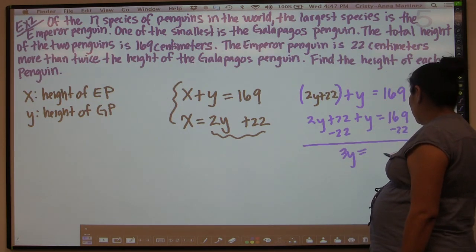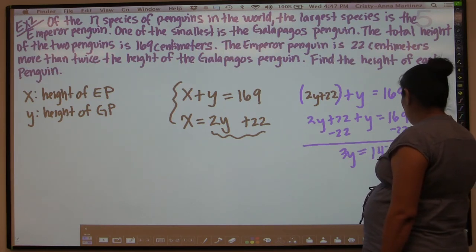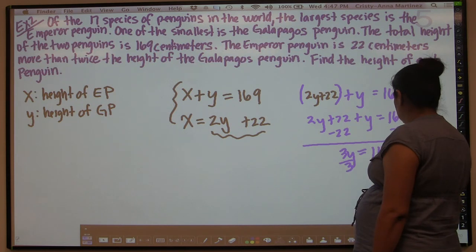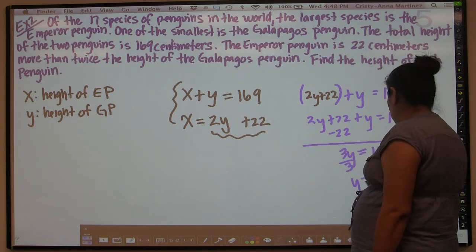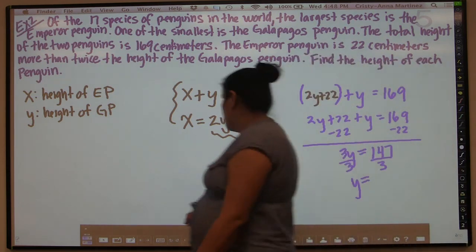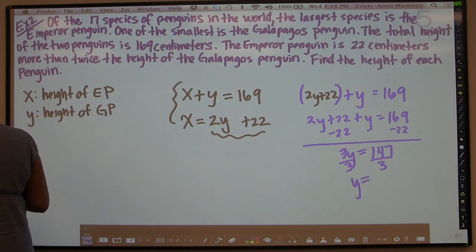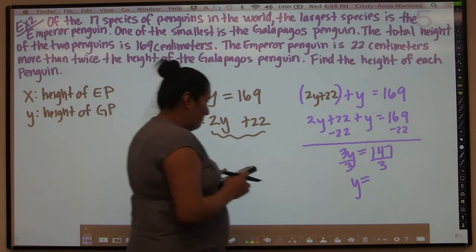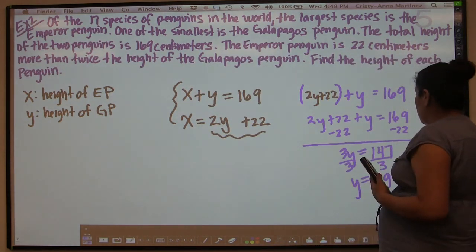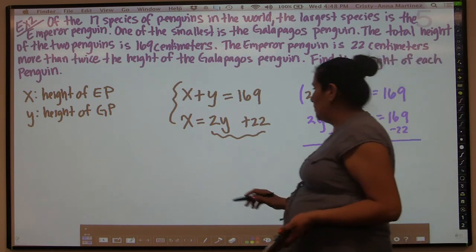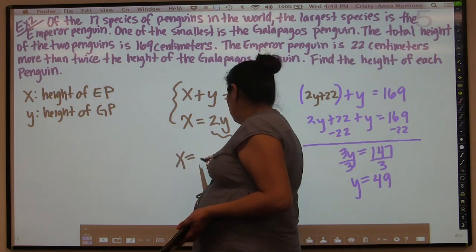And 169 minus 22 is going to be 147. And then we divide by 3, and 3 goes into 147 a total of 49 times. So y is 49, and once we know that y is 49, we can come back over here and determine what x is,